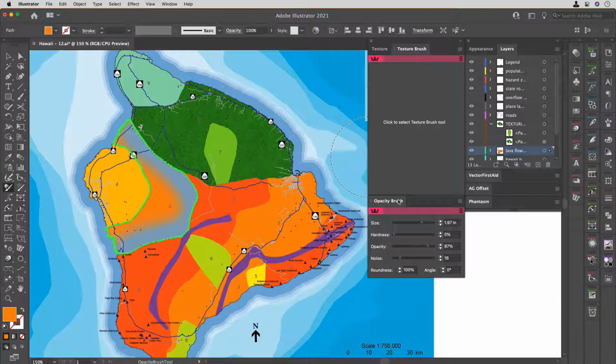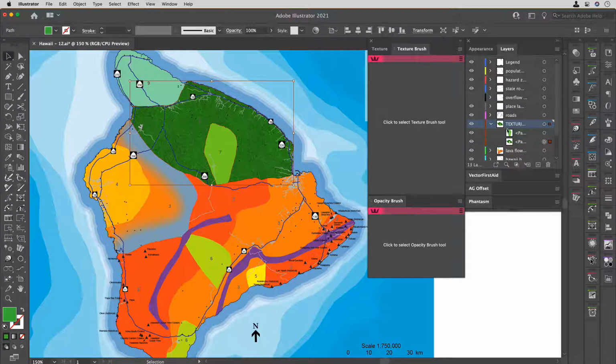So that's just the difference between the opacity brush and the texture brush. But as we've seen there, we can add some really nice texture to an object, and then we can mask some of it out so that we have some control over it. Now one extra thing you can do, if we come back over here to our item,